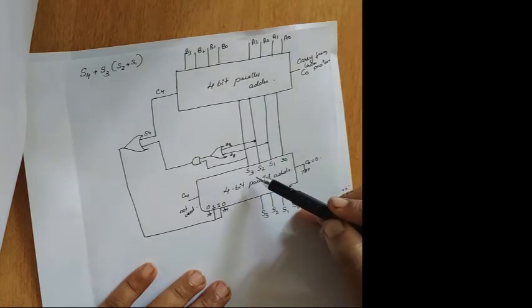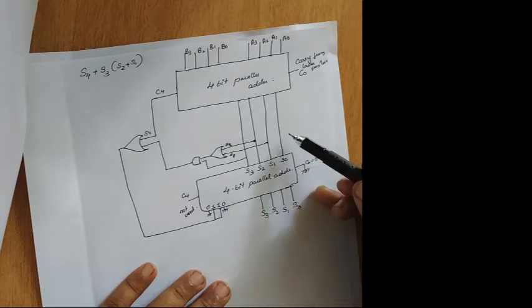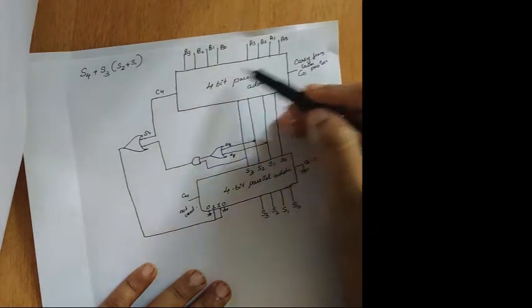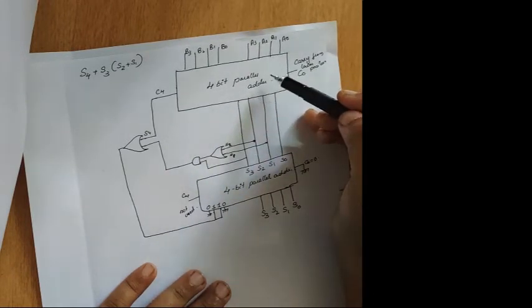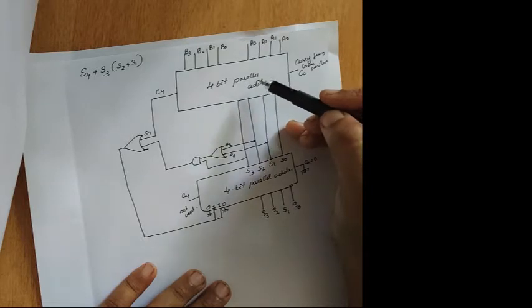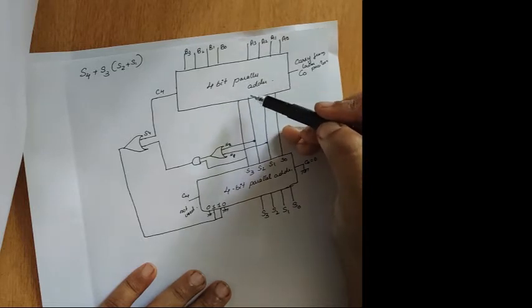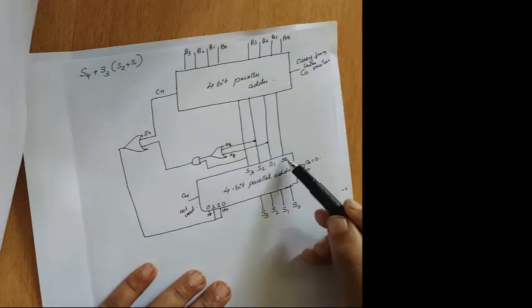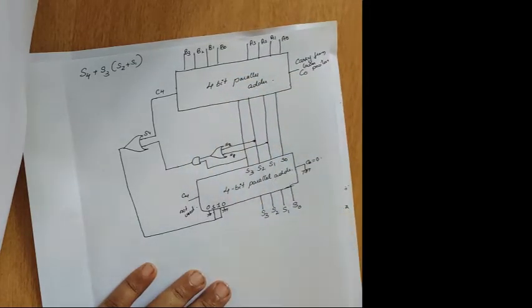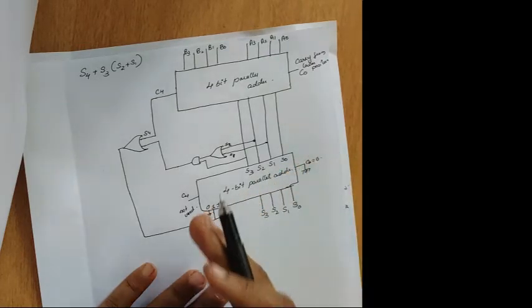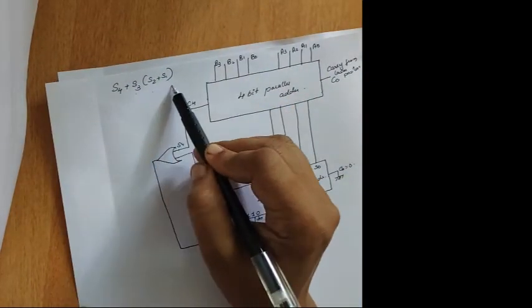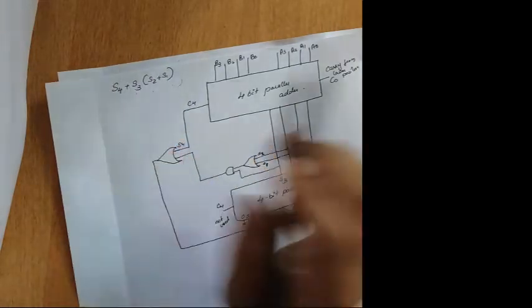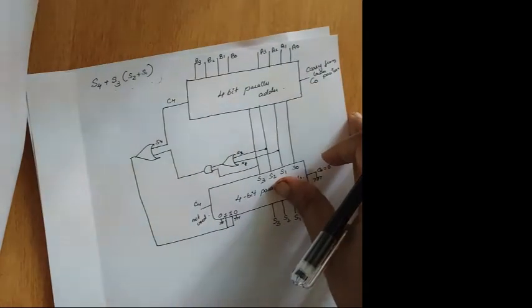Now you will see the first condition: you normally add the data straightly using the adder method. Second, if the data is equal to 9 or less than 9, you will get the corresponding output, S0, S1, S2, S3, S4. Suppose the data is greater than 9, what happens? You have to use the expression S4 plus S3 S2 plus S3 S1. That means the values greater than 9 you put in a K-map, and you get an expression like this.